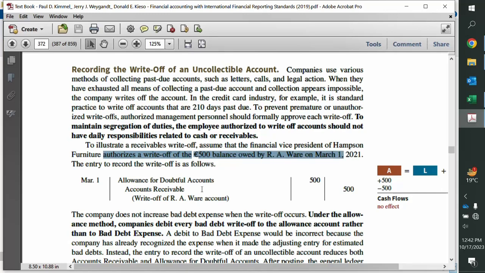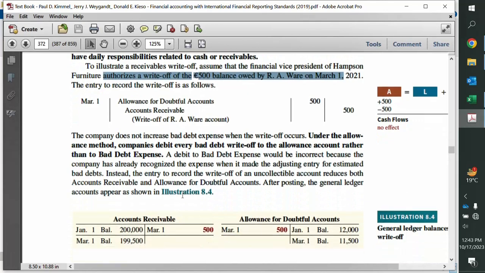This means that the president or the CFO or whoever is managing these accounts receivable decided that this customer no longer has the capacity to pay, based on maybe the customer has announced a default, or the customer is dissolved, or the customer disappeared, or anything. So subsequent to that, we decided we need to remove that account receivable from our books.